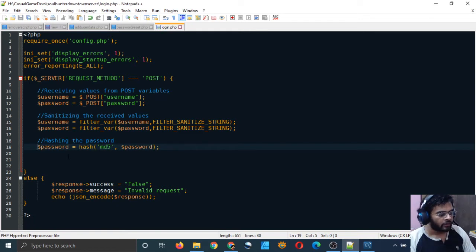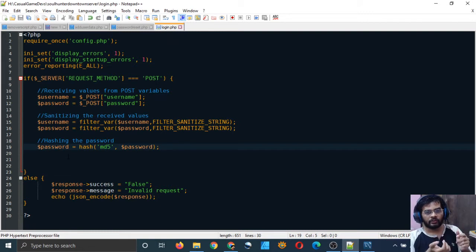Why, you ask? Because we are doing a one-way hash, which means that we can create the hash code of some value, but we cannot take the hash code and get the value back. It is not possible, right? So when we receive the password from the user, we store it after hashing it. So the hash code of the password is stored in the database. And to log in again, we must take the password from the user, generate the hash code of the password, and then match that hash code with the stored password.